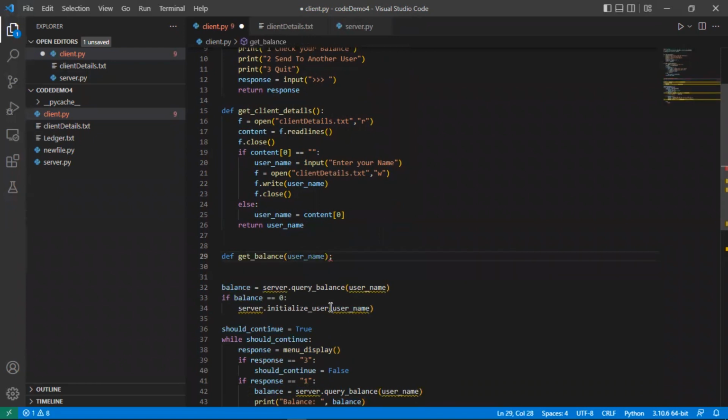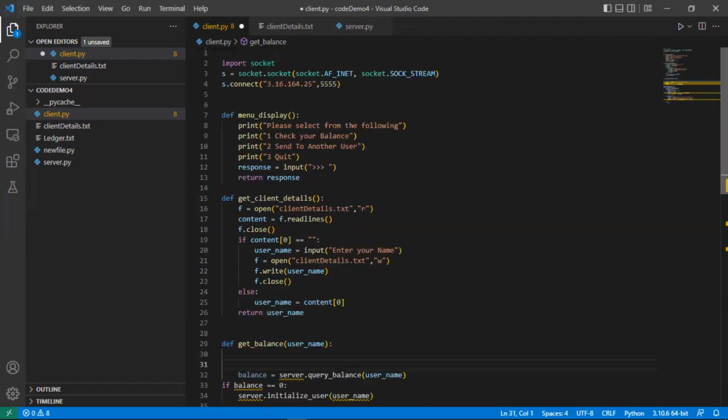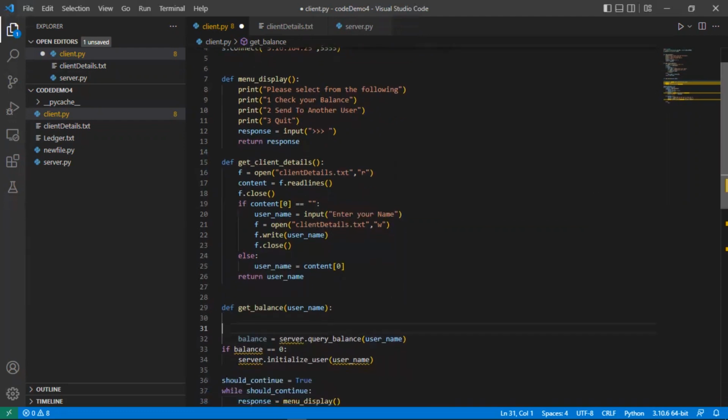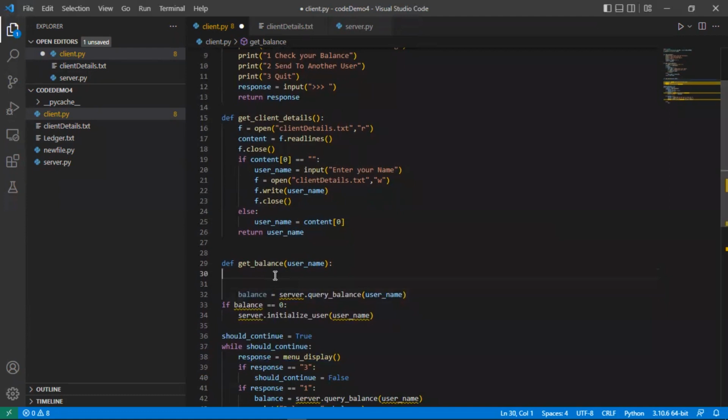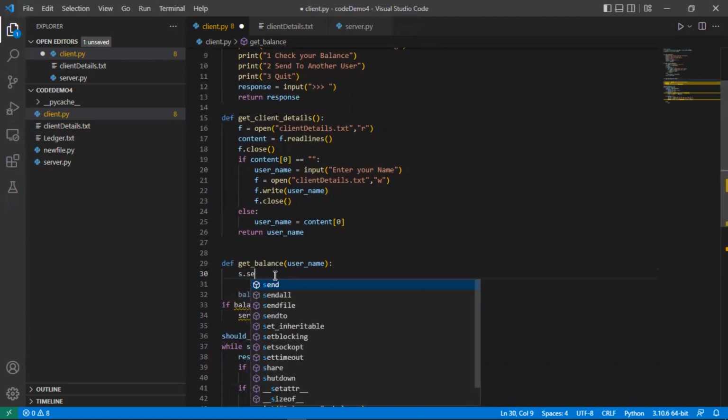And in this case, what we're going to need to do is, since we can't call this query.getBalance directly, what we have to do is create an instance, a connection to the server. So in this case, we already have this connection, this S. So we'll need to do s.send